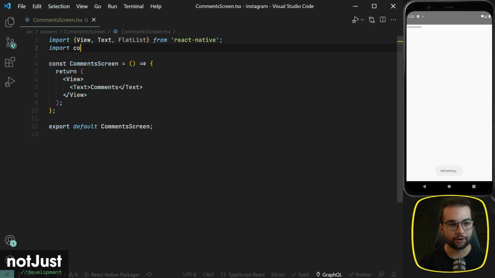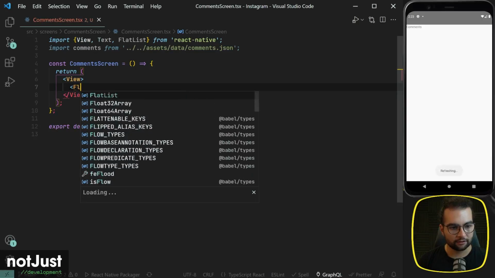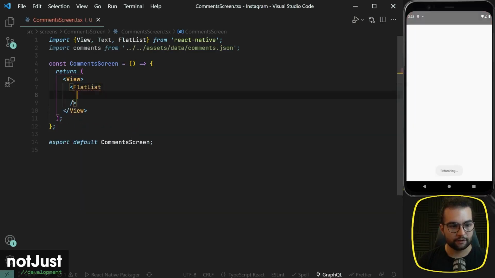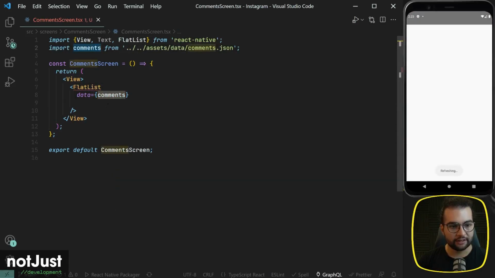So import comments from assets data and here comments.json. Okay, now instead of these comments, I'm gonna go ahead and render the flat list. For the data, we send the comments dummy data that we just imported. And for the render item,